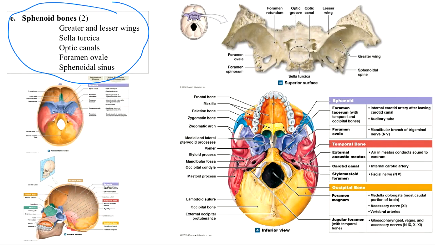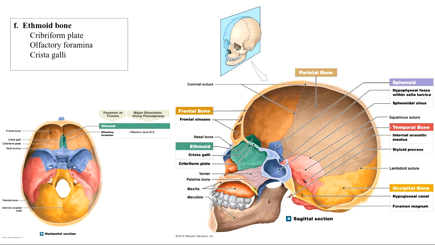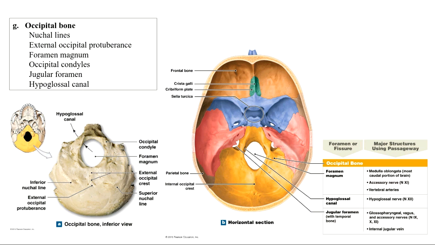All right. And you just continue on to the ethmoid bone, which is the color-coded green one. It has this little sort of shark's fin that sticks off from the bone called the crista galli. Olfactory foramina as well, which you can see as little openings on the bone to allow for olfaction to occur, or smell. And then you move on to the occipital bone,